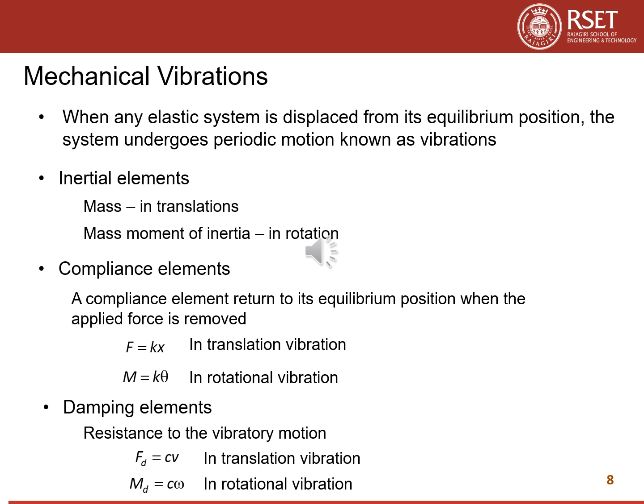and a damping component. That is, if we are talking about translation vibration, we can give a system in which we have a mass, a spring, and a damper. So a mass, spring, damper system represents a vibration, and we can develop equations based on that. If we are considering an ideal system where there is no damping, then there will be just a mass and a spring. That is called a spring mass model.